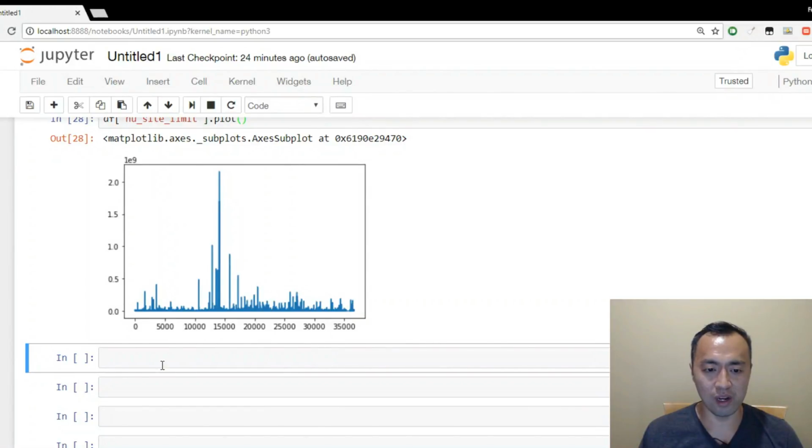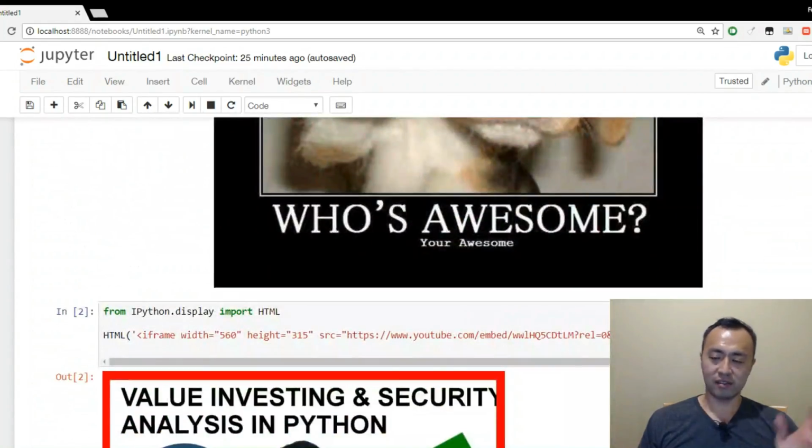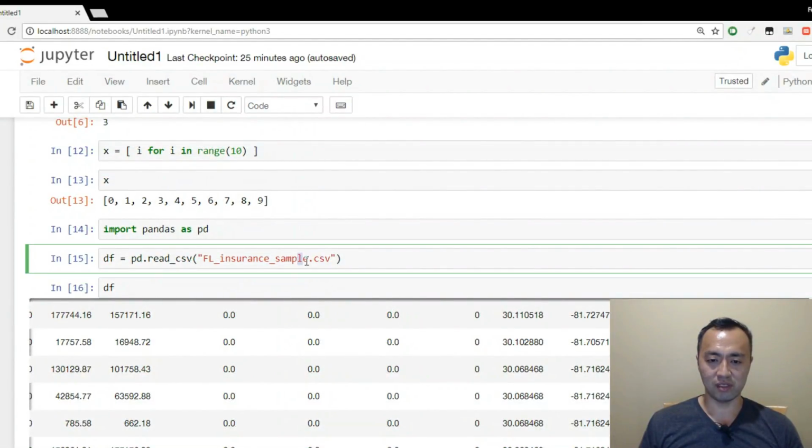So anyway, one other thing. The whole point of this is that I want to be able to use Python to automate a lot of this 10K, 10Q data processing and cleansing and all that stuff. So where does the benefit of using Python come from? Well, it's simple. Suppose this is your analysis, and suppose this data changes. Suppose now you want to do January 2017, and then next month you want to do February 2017, something like that. So what you can do is just replace that file, and then you come over here